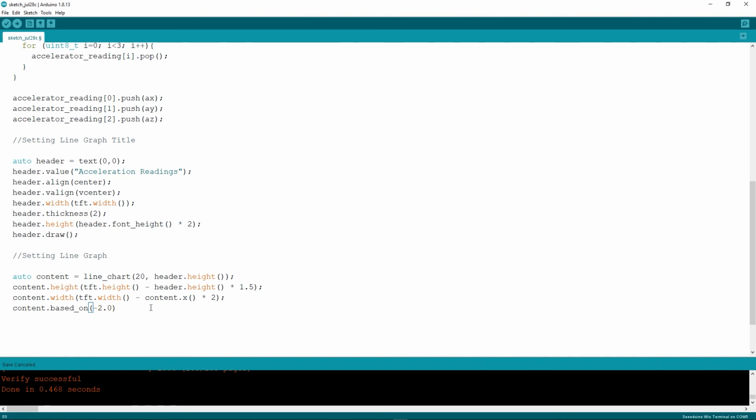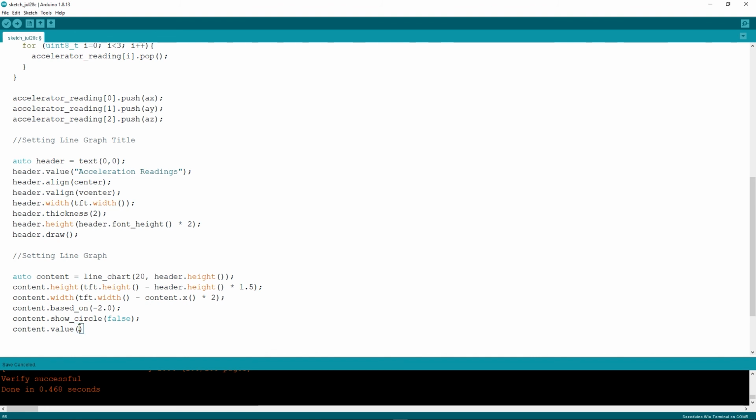So this is the starting point of the y-axis, and content dot show circle. This is the show circle at data points, so I don't want circles to show at data points, so I will set it as false.